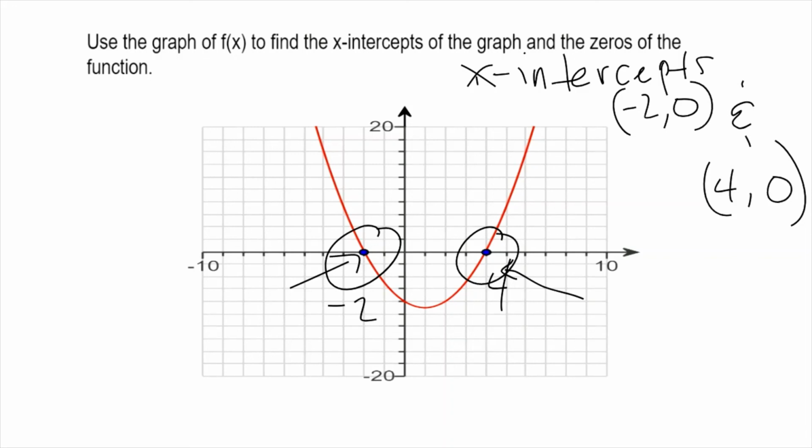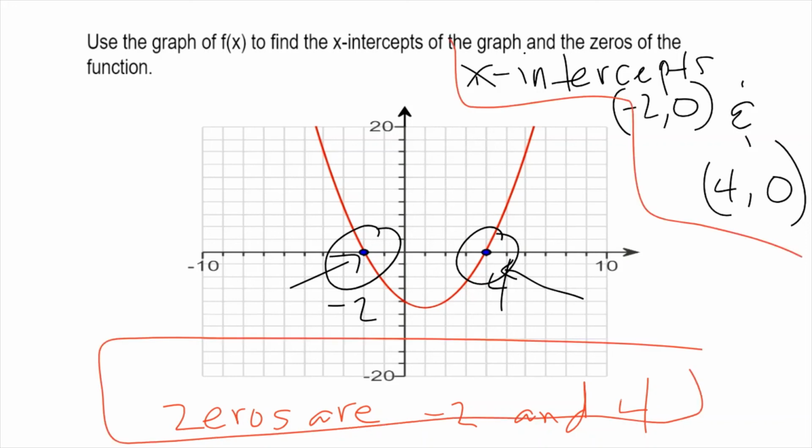Now, once I know my x-intercepts, I can easily find the zeros. The zeros are just the x-coordinates of your x-intercepts. So my zeros are negative 2 and positive 4. So that's how you find the zeros of the function. So for my graph,